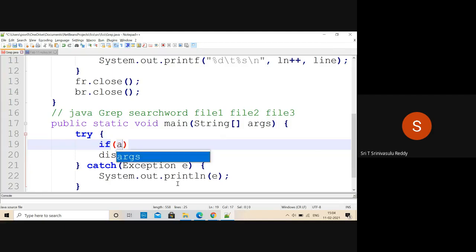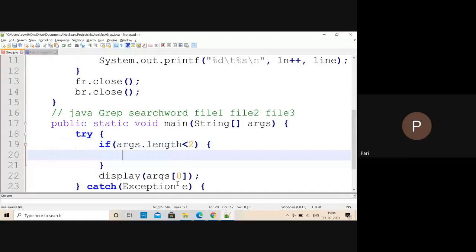How do you do that? If args.length is greater than or equal to 2, you can continue. Otherwise, you should display the usage. If args.length is less than 2, that means the user is not using this properly.